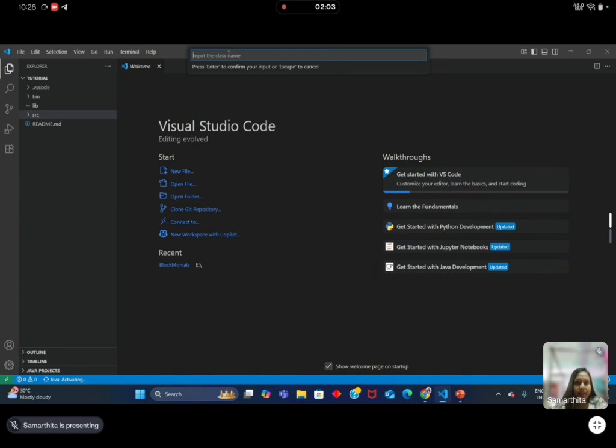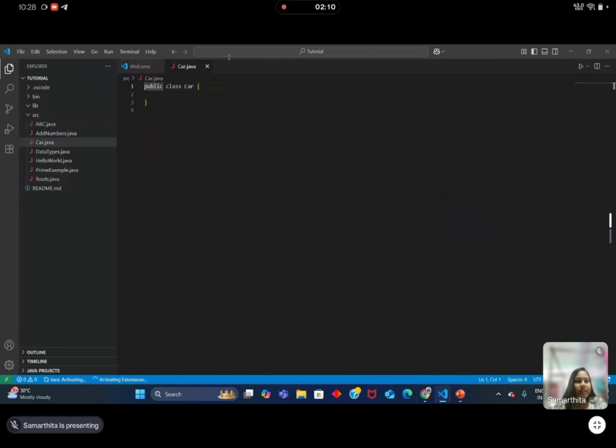Suppose I am creating a class named Car. See, the class Car is created here. We will remove the public. Today we will discuss the simple syntax of how a Car class can be created.